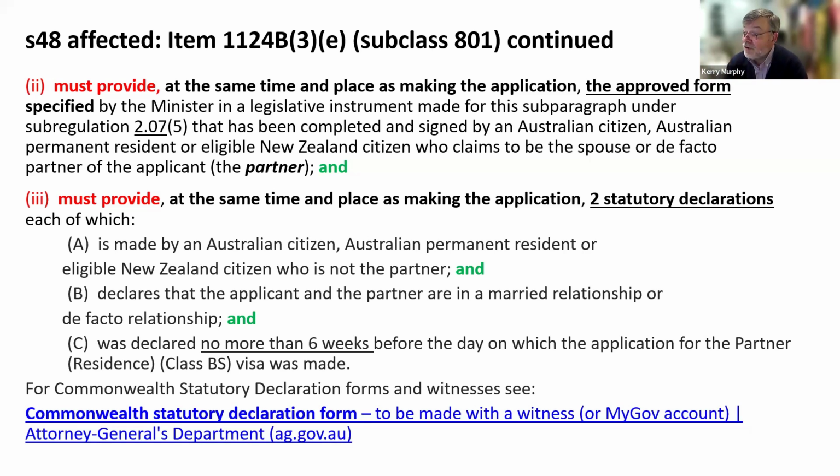The second thing is a requirement of 2 statutory declarations. So you've got to look at, well, what is a statutory declaration? That's a Commonwealth statutory declaration, not a state one. And they have a particular format. The Statutory Declarations Act sets it out. And you must have at least this much in them. It must at least say the person is an Australian citizen, permanent resident, or eligible New Zealander, who's not the partner sponsoring them,